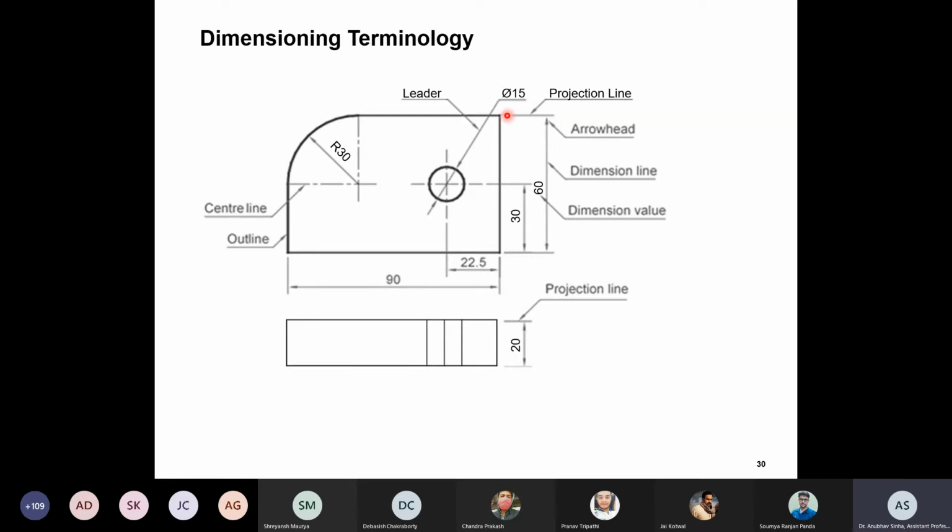So as you can see, this is a thin continuous line. This is thick. When you are making an object, that will be a thick continuous line, and projection lines and dimension lines will be thin. So this is what it will look like from the front. If you look from the top, it will look something like this. And again, we'll talk more about it when we go to different types of views. But this slide is just for